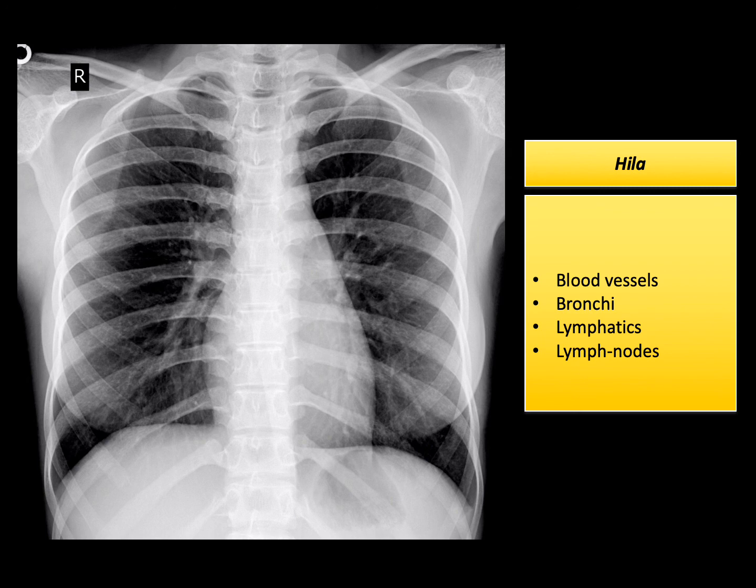We often read in the reports about the hilar prominence or the hilar shadows. So where exactly are the hila? The hilum is over here. Okay, these green areas, these are the hila that we see. So what are the structures that we see at the hilum? The structures which are routinely present are the blood vessels that we see over here, the bronchi that